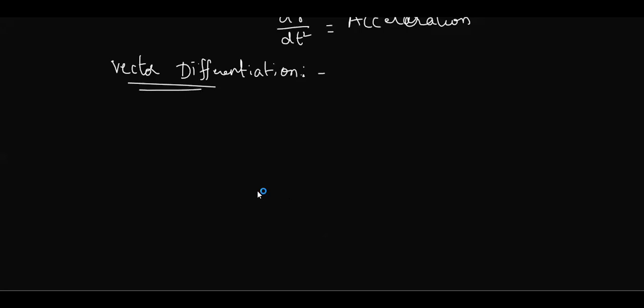So vector differentiation. I will take the differential operator as del. I'll denote it as an inverted triangle. This notation is called del. Because you know for differentiation d is used, d by dx, or dou is used, sometimes delta is used. Here we'll use the differential operator for vectors as del. This is a vector quantity.